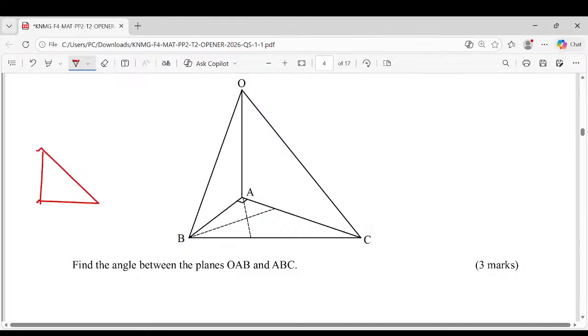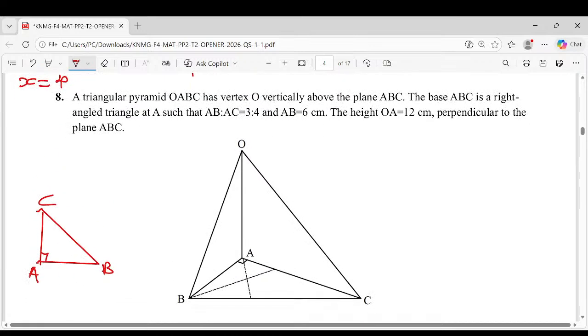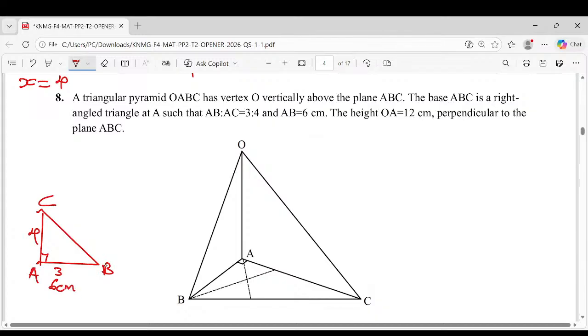Say that this angle here is 90 at A. Then this is C, this is B. We are being told from the statement that AB to AC, AB is 3 to AC, which is 4. But AB itself is 6 centimeters. So this means that 3/4 in ratio form can be equivalent to